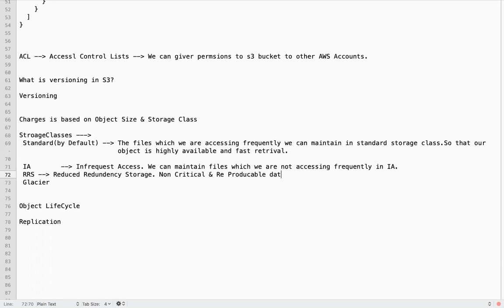Non-critical and reproducible data we can maintain in RRS. What is the meaning of reduced redundancy here? There is a chance that there might be a data loss if you maintain in RRS. A very small percentage, but there is a chance that you may lose your data.